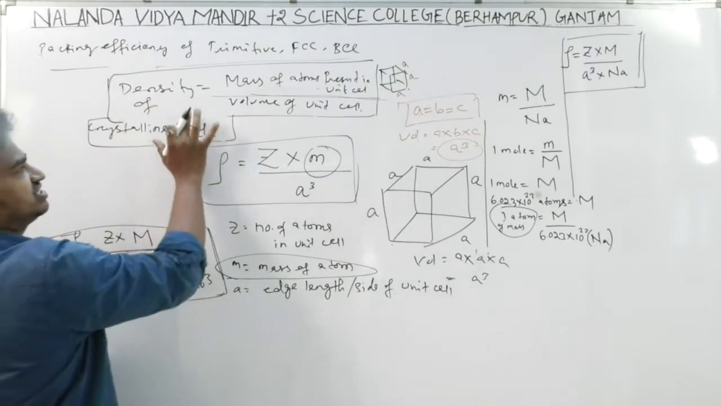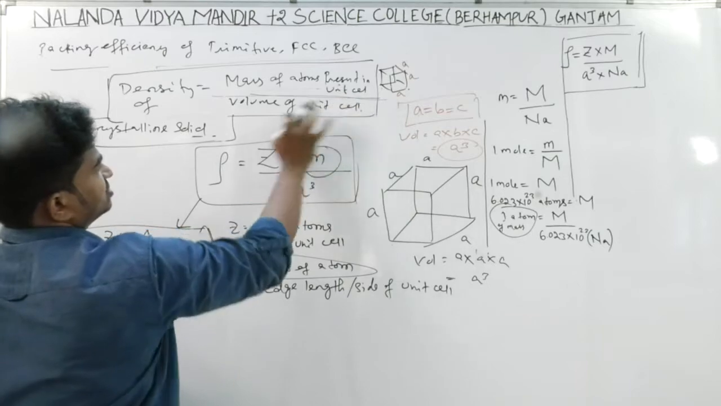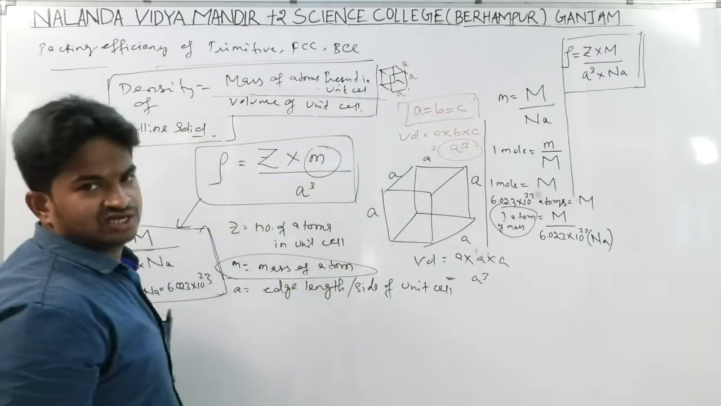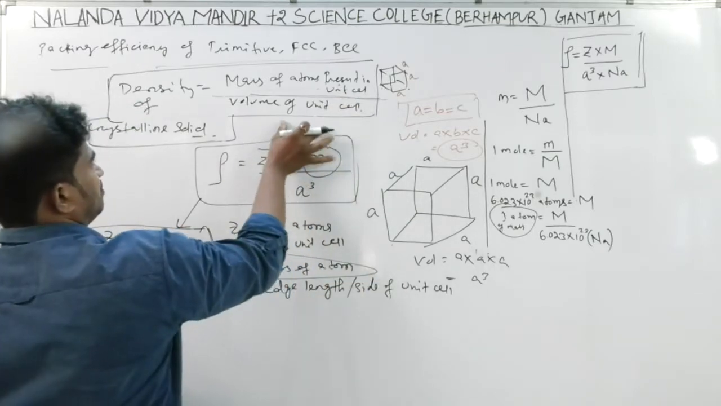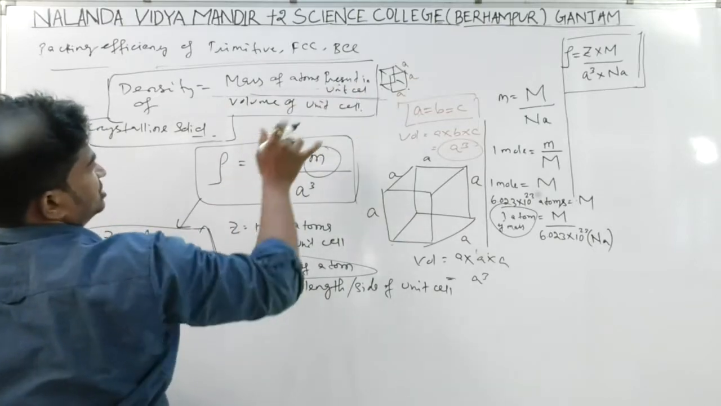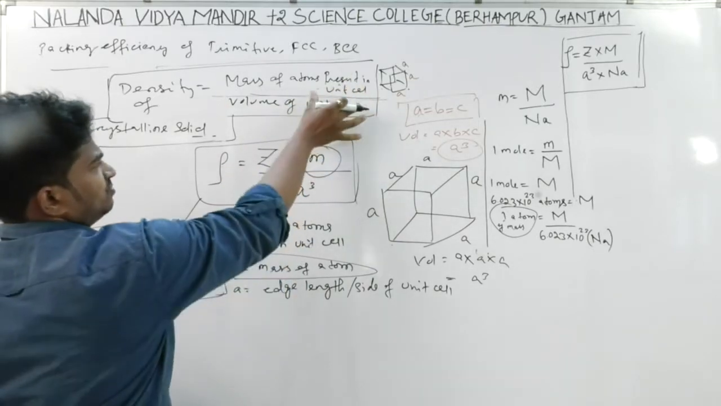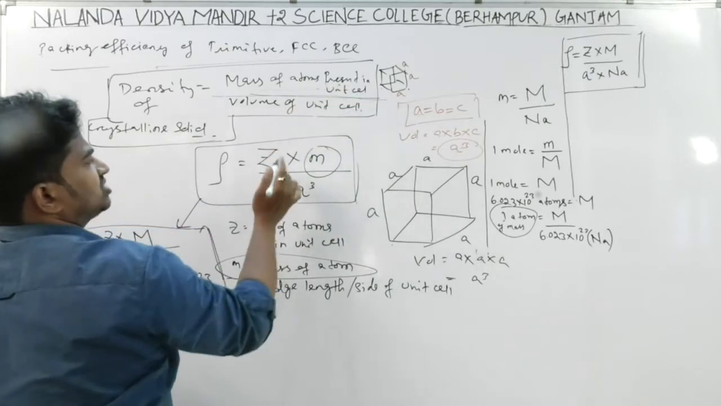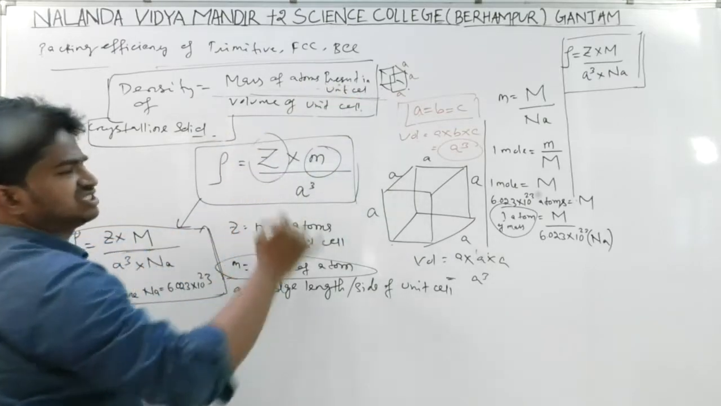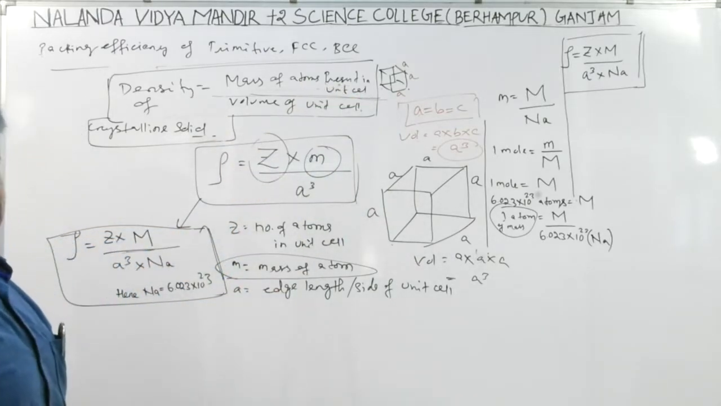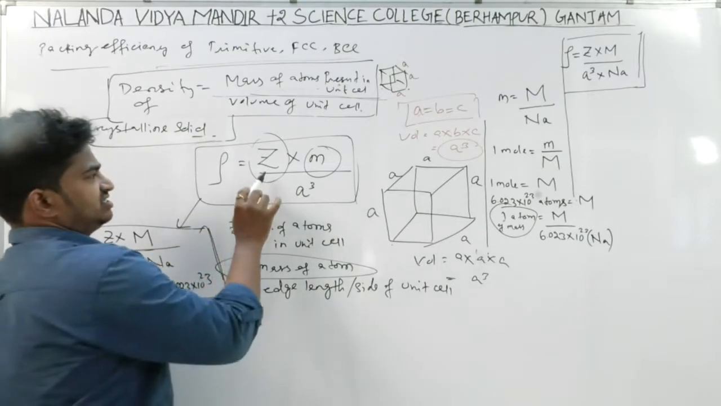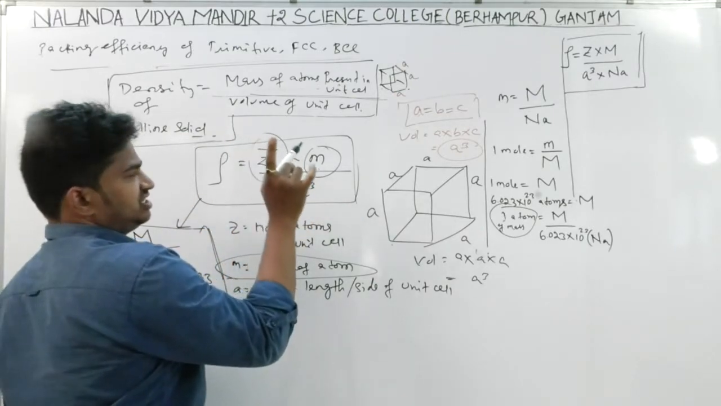Density of a crystalline solid is equal to the mass of atoms present in the unit cell divided by the volume of the unit cell. So for the mass of atoms present in a unit cell, first we need to know how many atoms are present in each unit cell, that is Z, into the mass of each atom, divided by